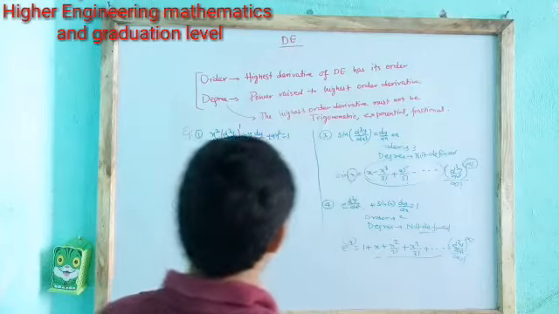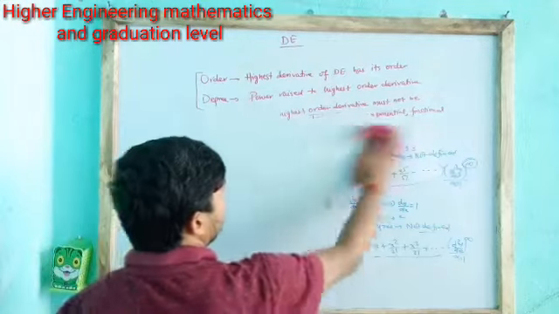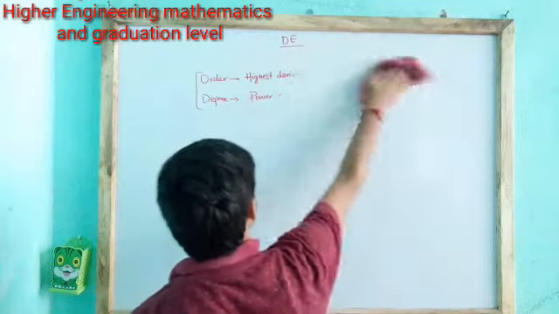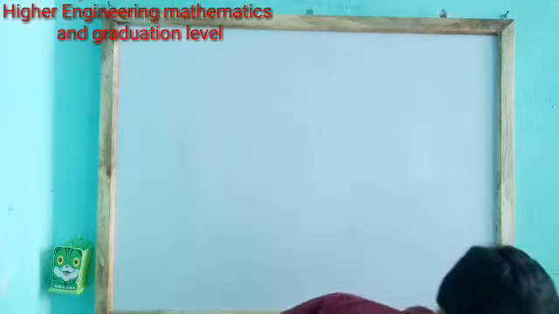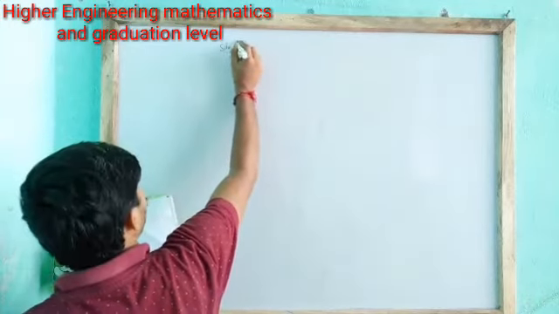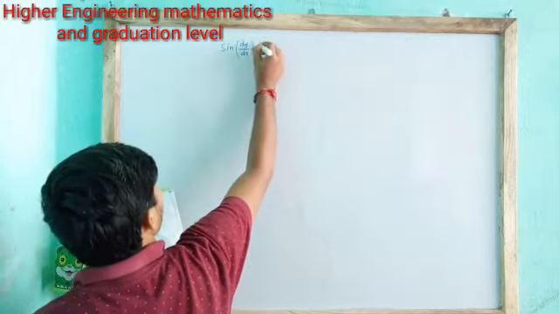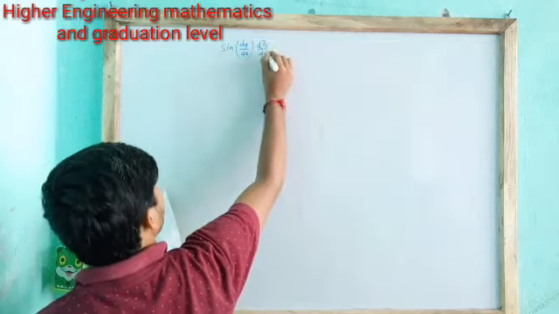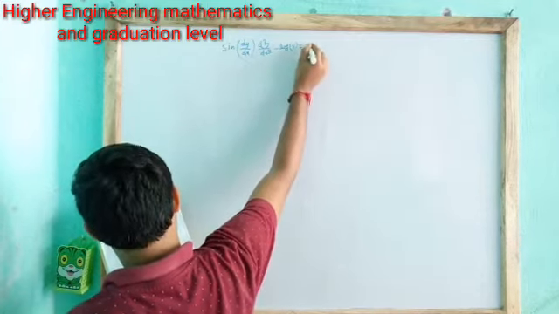I am writing an important question, which is a very interesting question, and it may be asked in any kind of competitive examination. So you must know about that question. I am writing that question. Find sin dy by dx into d3y by dx cube minus log y is equal to x square.